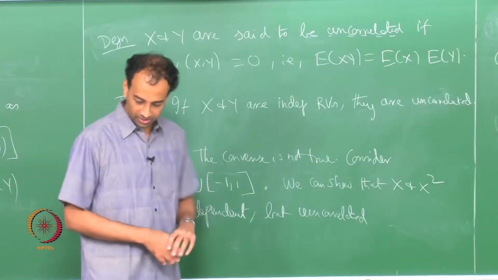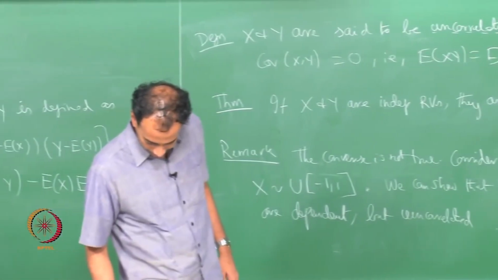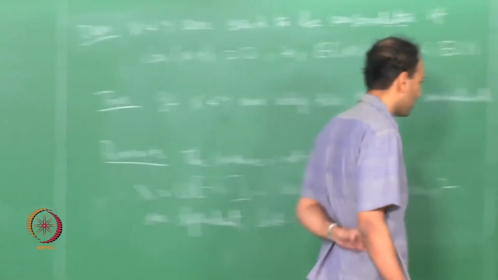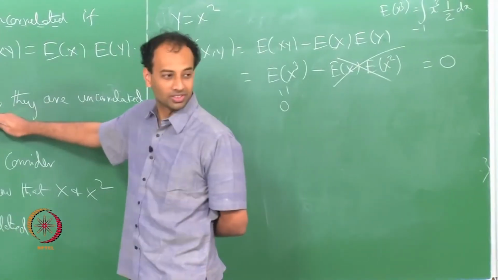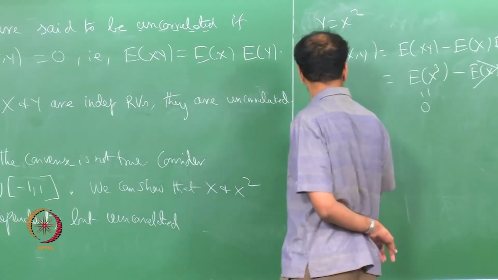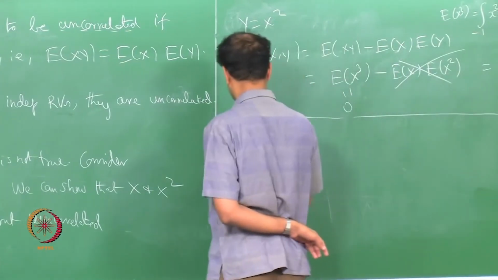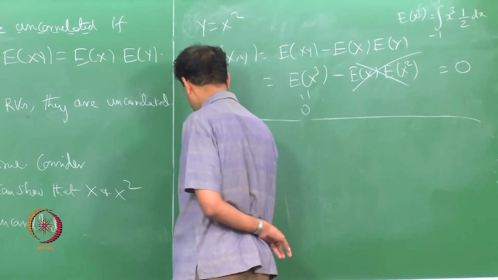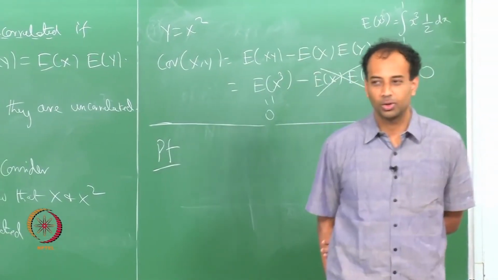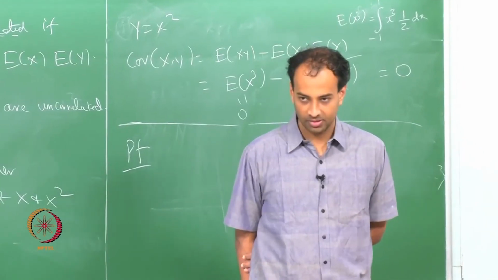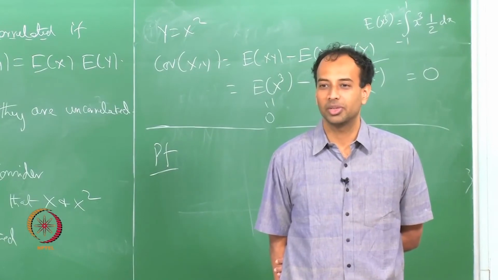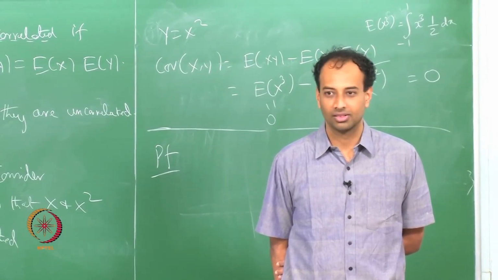Okay, so I think I do not have the time to complete this proof, or maybe I will just start it. Okay. I have proven that the converse is not true, I have to prove the theorem now, right. Proof of the theorem. I have to prove that if x and y are independent, they are uncorrelated. How do you prove it? PDF, but who says x and y has a PDF, right.